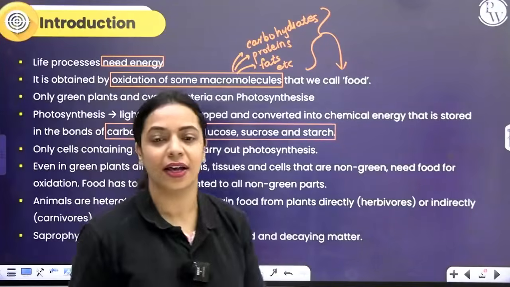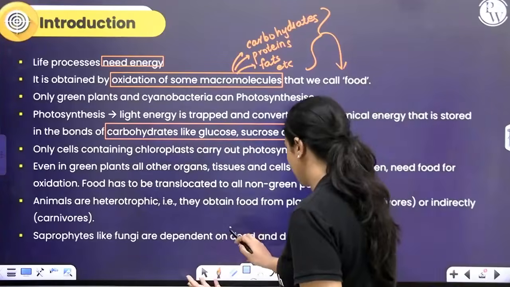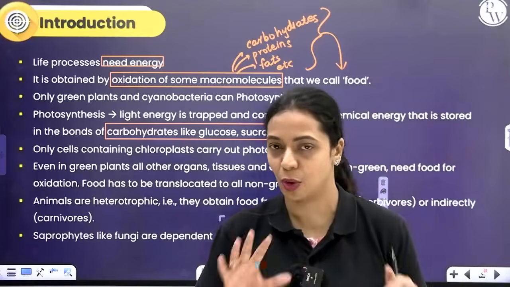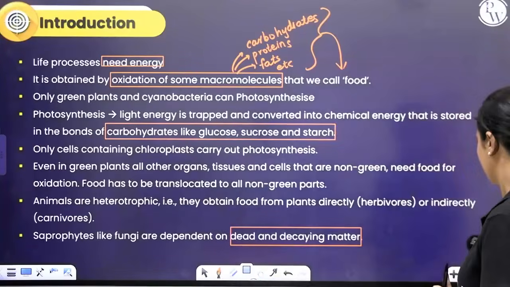Saprophytes, such as fungi and bacteria, also obtain nourishment from dead and decaying matter, which ultimately came from plants itself, from photosynthesis, right? So this is the introduction. Now,